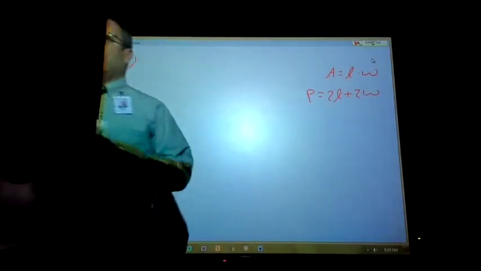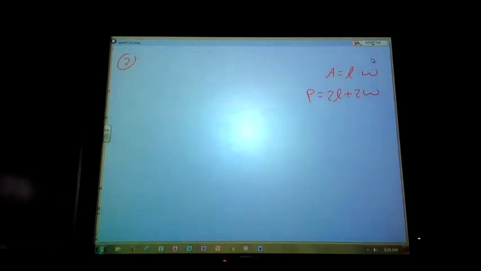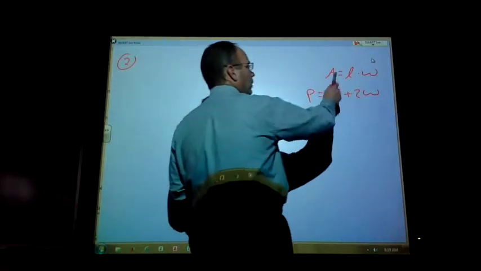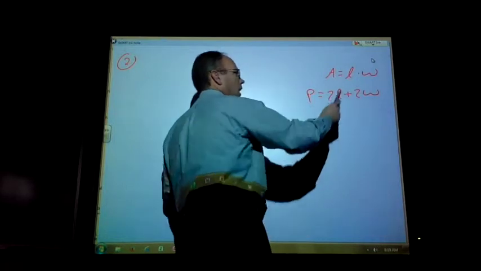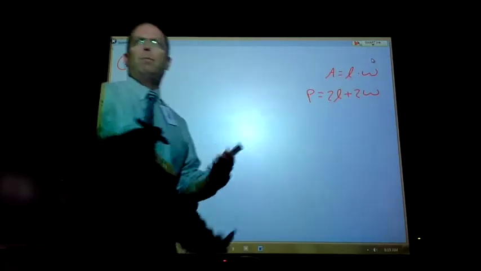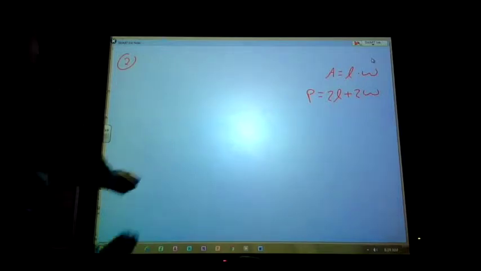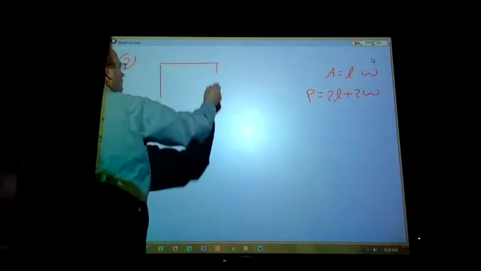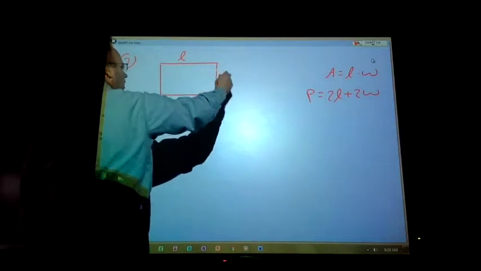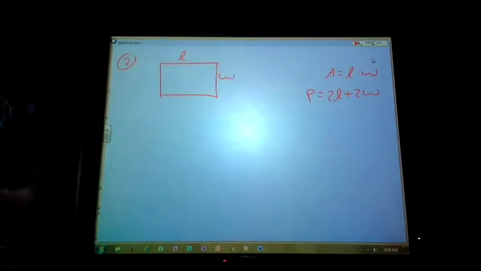Okay, so again, I might not need both those equations, but I have them in the back of my mind. I might write them off to the side and just see what we can plug in. So really, up here, I have 4 different variables. I have area, length, width, and perimeter. So A, P, L, and W are all my variables that I need to solve. And another thing might be, if I draw the rectangle and label it length and width,